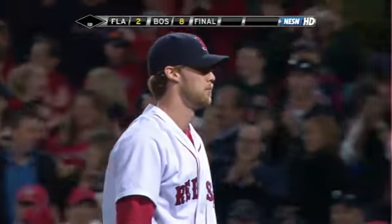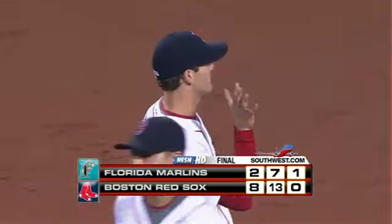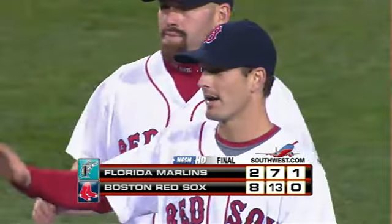Popped up. This should do it. Down from first comes Youkilis. He's calling and catching the final out. Red Sox win this first game of the 3-game series with the Florida Marlins. Well pitched ball game tonight. Tim Wakefield for 6. Del Carmen, Saito, and Bard wrap it up. And the Red Sox come away with an 8-2 victory. Red Sox bang out 13 hits, and that